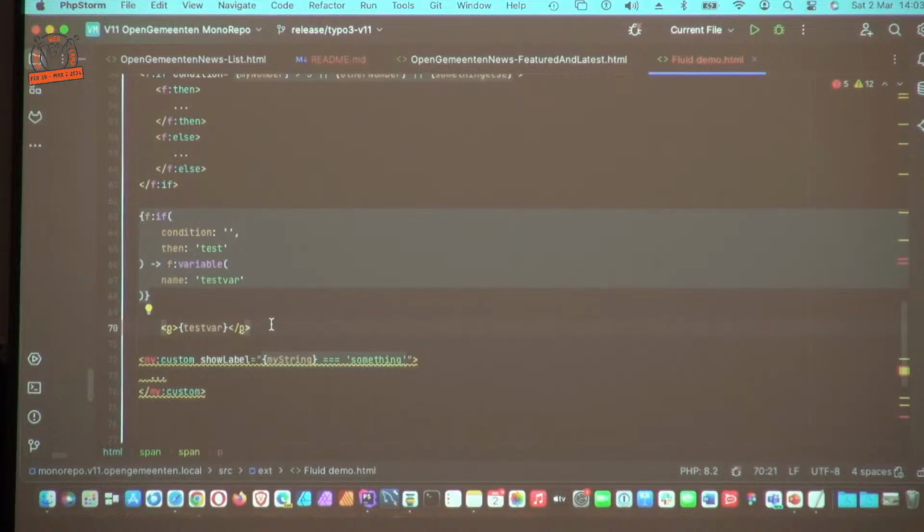And with inline notation, it's easier to read nested conditions and stuff like that, because you can do a lot of nesting in Fluid, you already know that. But with the inline notation, it gets more visible what's happening, especially when you're using multi-line. And at the end, I'll output a variable and use that variable in my HTML tag. So the whole inline notation is not within an HTML tag, but is kept outside, and that keeps your Fluid very clean. So if this was a class name,